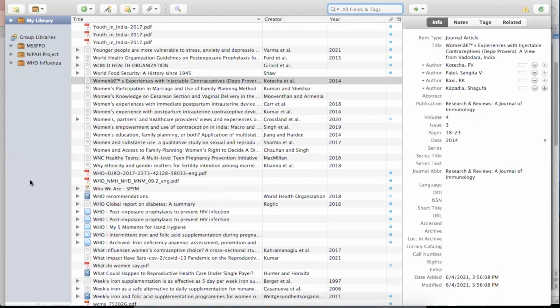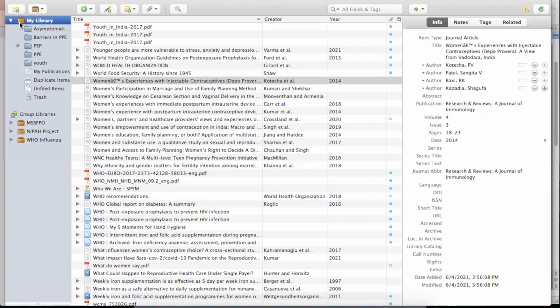So what Zotero basically looks like is it has 3 panels. One panel is towards your left side, which is the collection panel, where all your collections and all your items are stored. So what is a collection? This brown folder represents a group, and this gray folder represents a collection. And items are anything which are in the collection. So these 3 terminologies are used: one is group, second is collection, and third is items. That's why this is called a collection panel, where all the collections are stored.